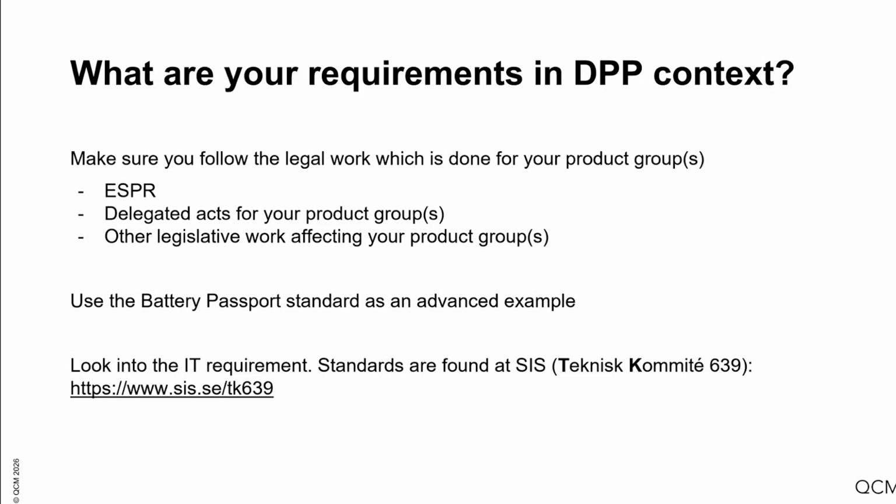In some cases, maybe there are very little, and in some cases there are a lot. Looking into, for example, the battery passport, and I will come into that, you use that as an example. Okay, this is how it looks for the battery passport. What kind of information is needed here in this standard? And use it as an advanced example, because it's really quite